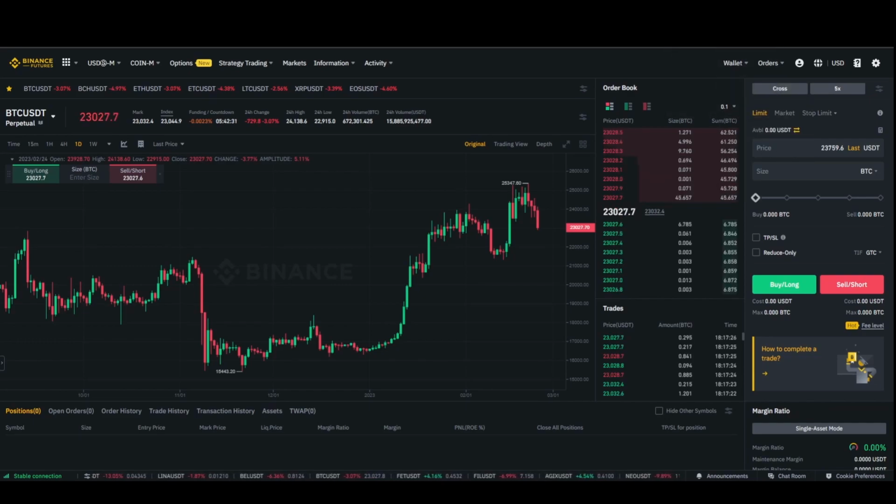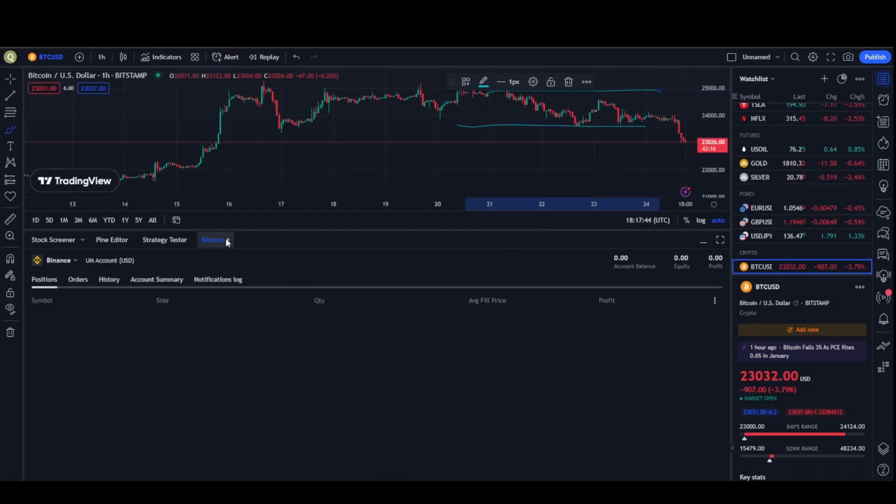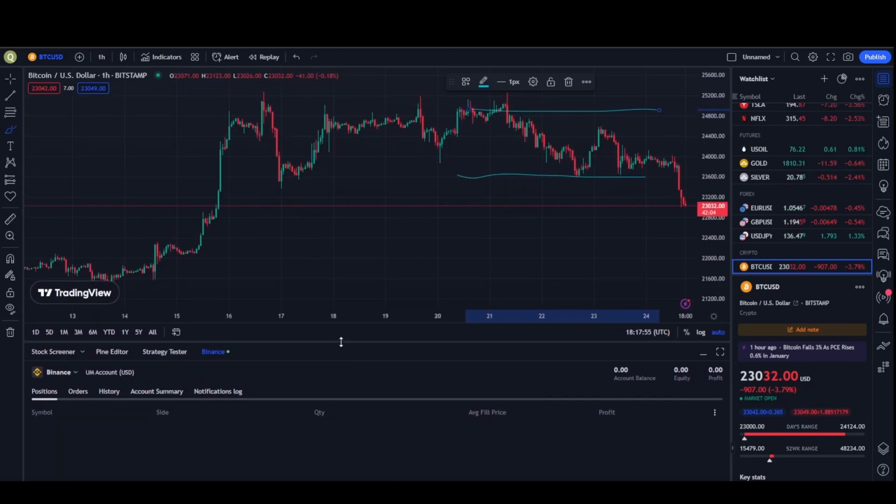I've connected to Binance. What you do is the same as before, and then you pass the quiz, and congratulations, you are able to trade on futures. Then you're accepted, and you connect your Binance account. You connect it as usual, you log in, and it just connects here. That's your Binance account connected to TradingView, and that was what we wanted to do at the end of the